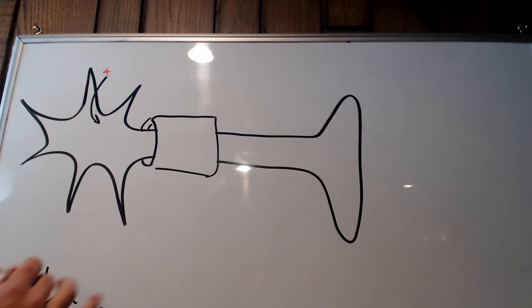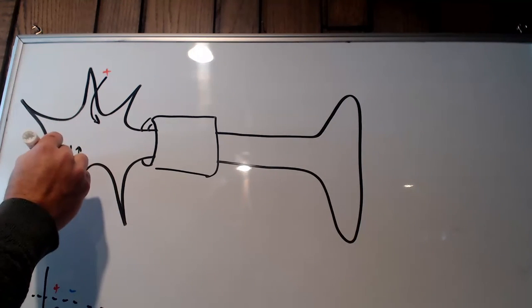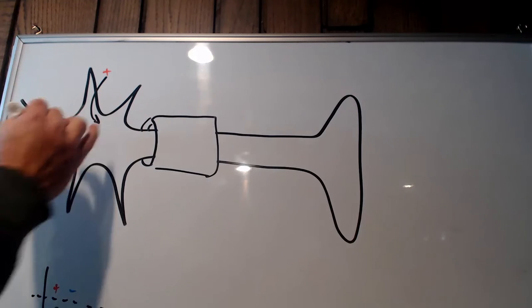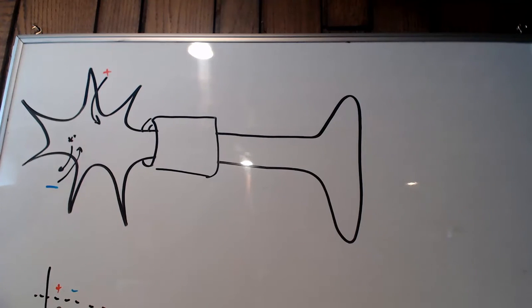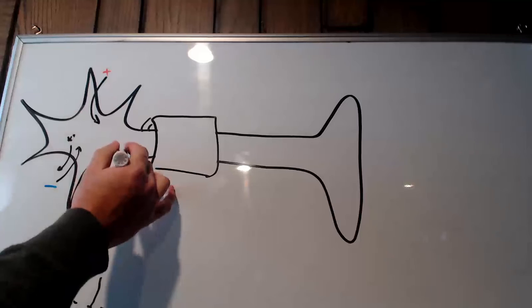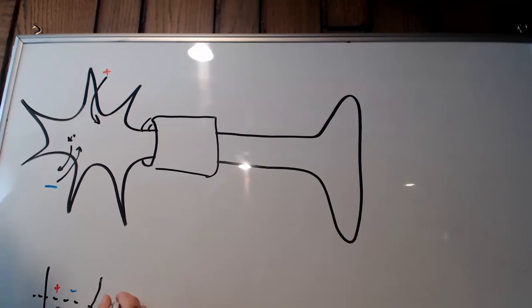If we have enough positives and negatives that all end up making everything super positive, then the negative can either go in or can be positive leaving. So potassium leaving. Eventually we're going to want to have enough of these positives to hit a certain threshold. So this is threshold